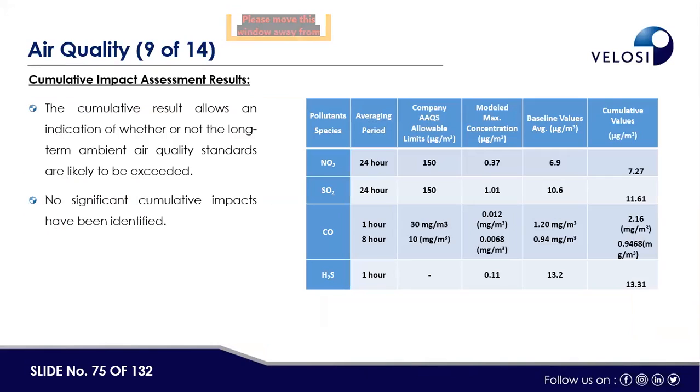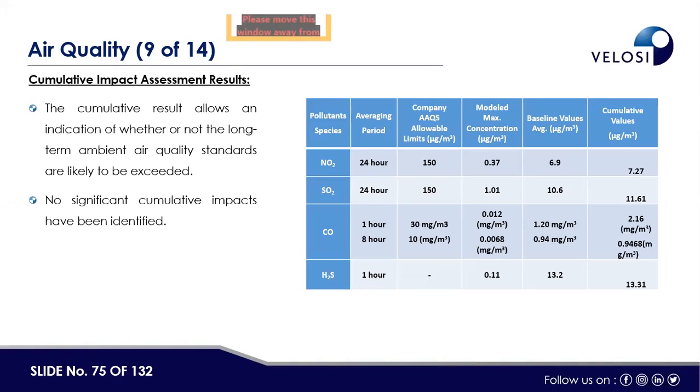Then we have carried out a cumulative impact assessment for air quality. Basically, you can see the table: the averaging period, then the ambient air quality standards, then the model value, the baseline condition and the cumulative value. For example, oxides of nitrogen, the averaging period that we consider is 24 hours, and the ambient air quality standard is 150, and the model concentration that we receive for 24 hour of oxides of nitrogen is 0.37, and the